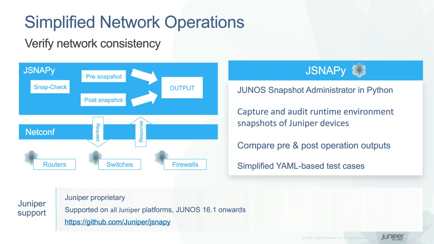Then once we have that snapshot, we go ahead and do the software upgrade. Then we go back and we take a second snapshot after the upgrade, and then we do a diff and compare the two. This allows us to compare operational data that I wouldn't normally have a way to save, or I would have to manually go through and do a bunch of show commands in order to get it. This allows you to extract that and then quickly compare the two